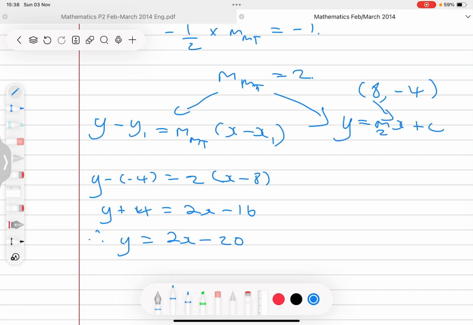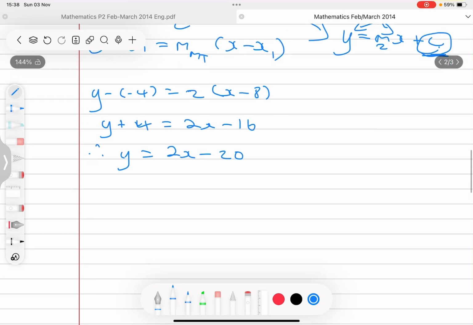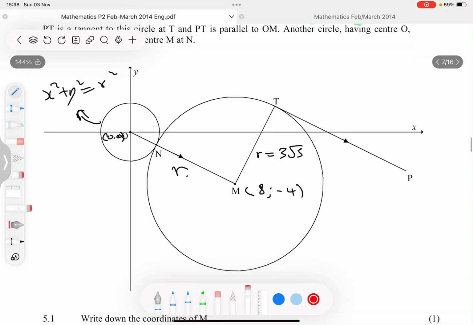The gradient we know is 2. And the 4 will come here, and then you look for the c. You should get a c of 20, then you are done. You can also try using that equation as well. So I'll jump into